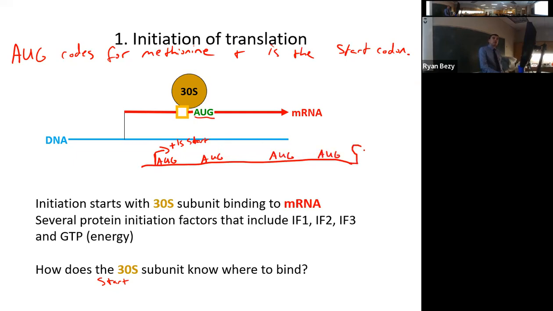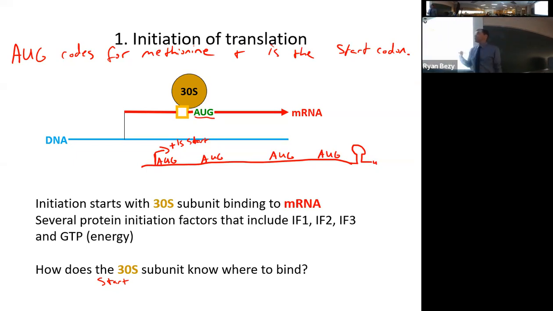And it isn't until over here that maybe you then have something like transcriptional termination. So the question is, which one is the right AUG to be a true start codon that says start translation over here? Because if the ribosome binds to this AUG codon, then it goes all the way over to here, and you get the entire protein made. But what happens if it binds here? Well, then it starts making the protein from this point on. And guess what? You're missing all of these parts of the protein. Does that make sense, everybody?